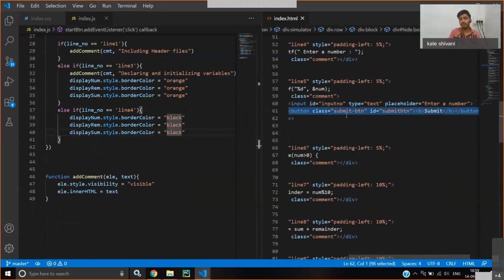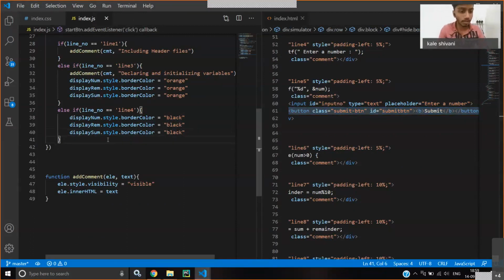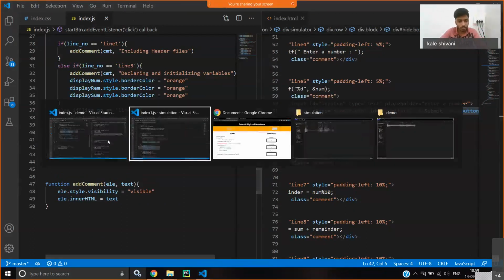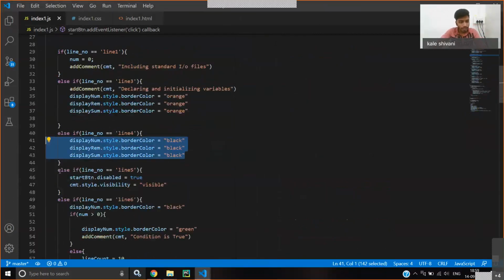We will take input from the user, which number you want to put, and we will display its output as we debug or as we go forward in our code. So for that, let me just copy the code, as if we are on line 5.